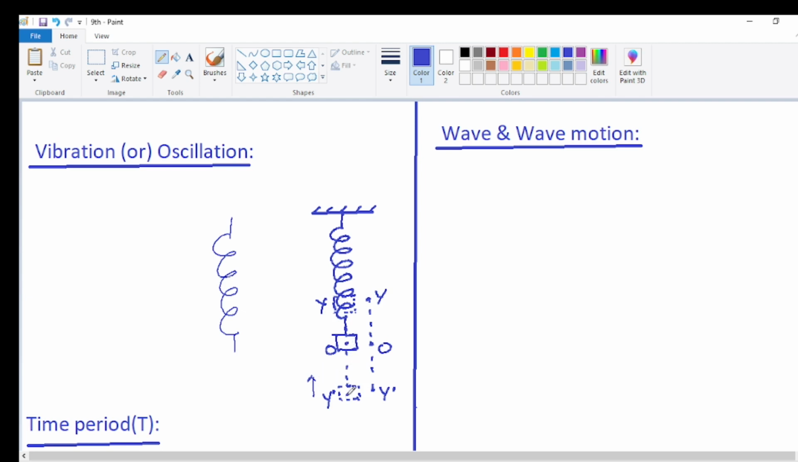It will be gaining a large speed, a high speed or velocity. Because of that speed, it will not stop here. Because of inertia of motion, it continues to move further. So as the load continues to move further,